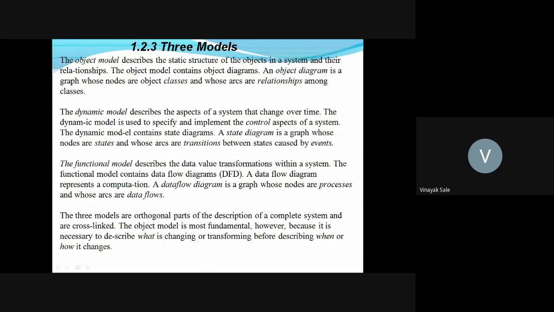The three models are orthogonal parts of the description of a complete system, and are cross-linked. The object model is most fundamental, however, because it is necessary to describe what is changing or transforming before describing when or how it changes.